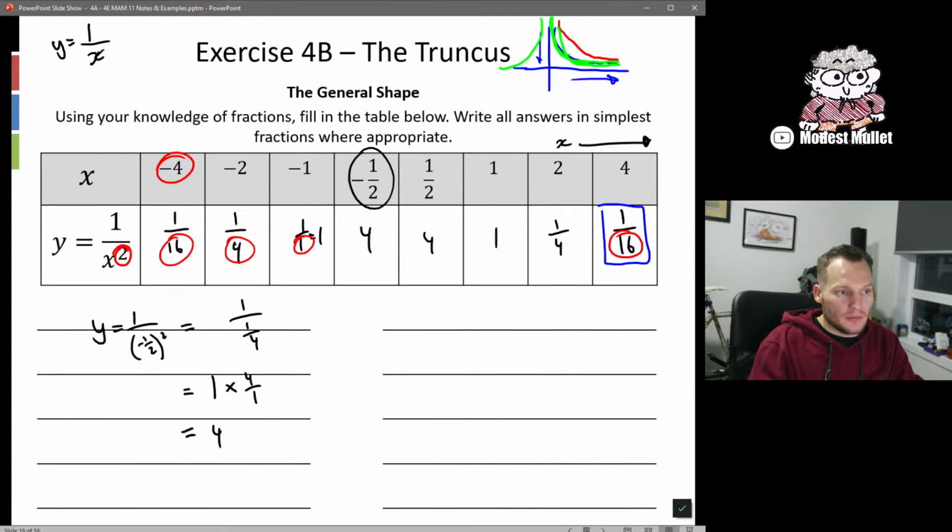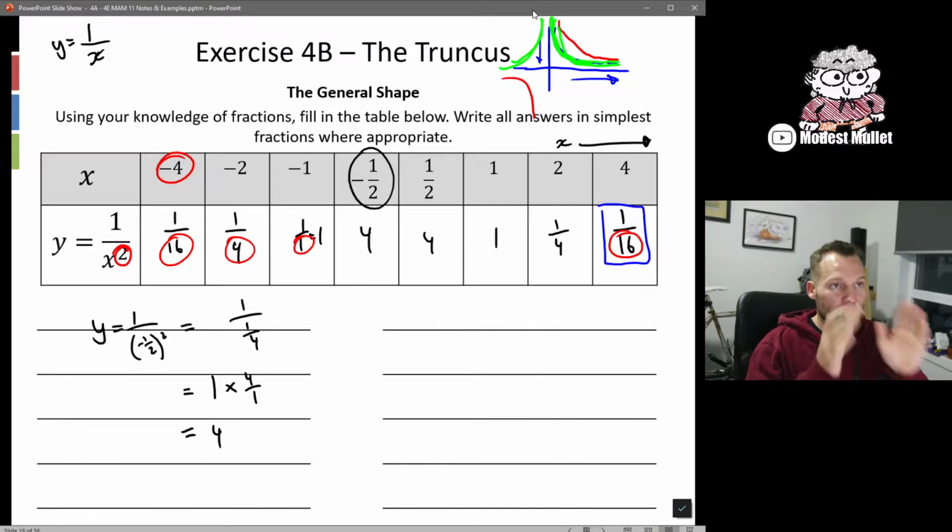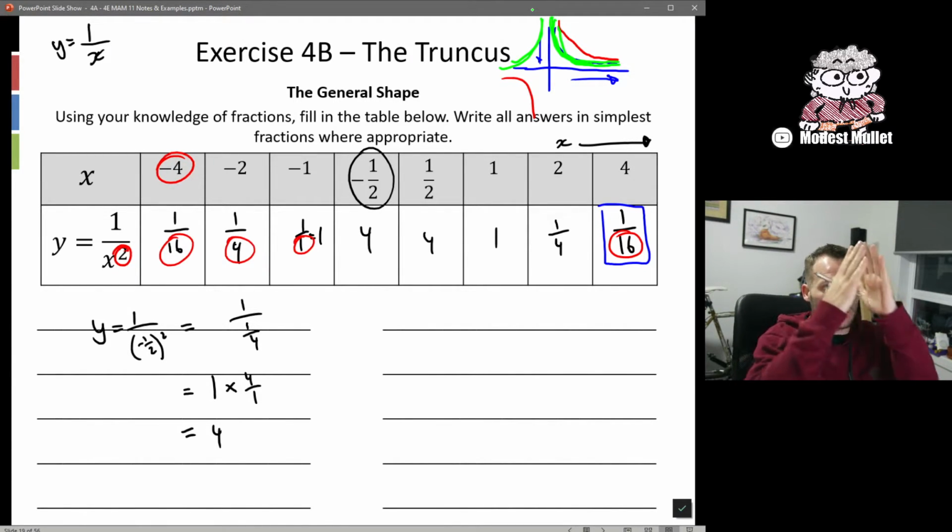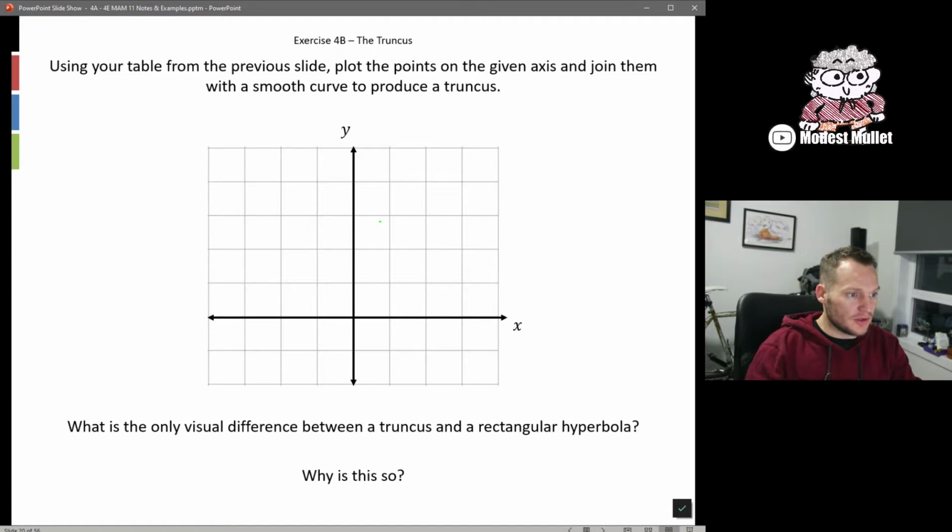Unlike the hyperbola, where we would consider it, quickly up in this graph, this red line, a truncus actually looks like the trunk of a tree, and that's how I remember what it is. Squared means it forces all values positive, and therefore our two lines are actually going up and give the shape of a trunk. Right, so if we sketch those values from the previous slide, we would get 1, 1,